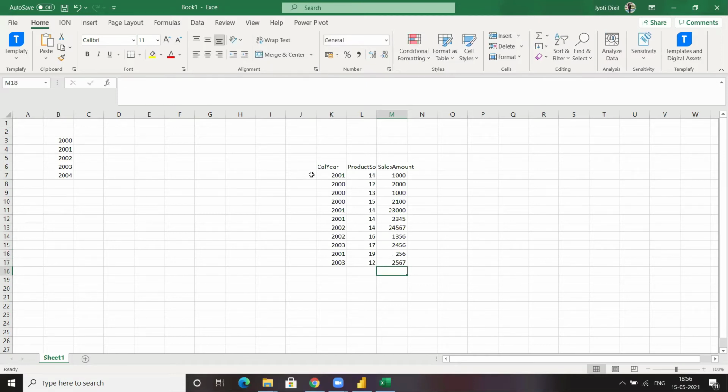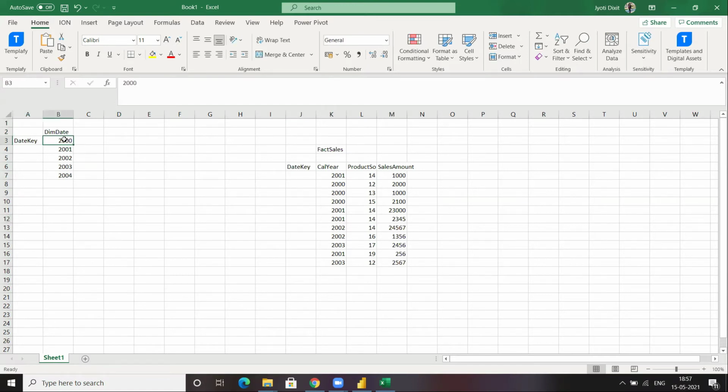Now suppose this is the dim date table, right? And this is actually the fact sales table, right? And corresponding to these calendar years, suppose there is a date key also existing between them, the same kind of date key is existing between them, right?